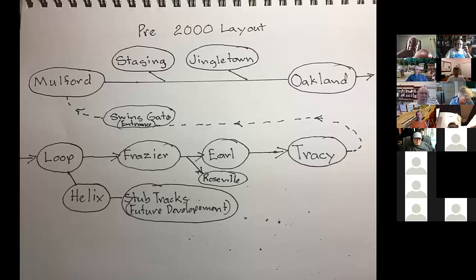Now we're going to hear from Steve Van Meter, who's going to talk to us about his layout and how it's changed as he adapted it for operations. Steve, over to you. Okay, during the 2000 convention,